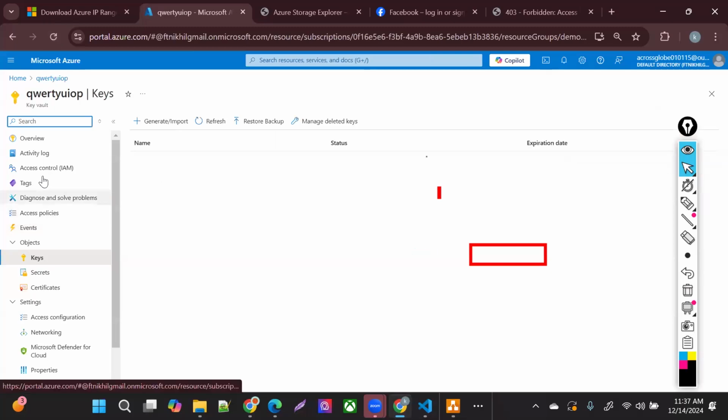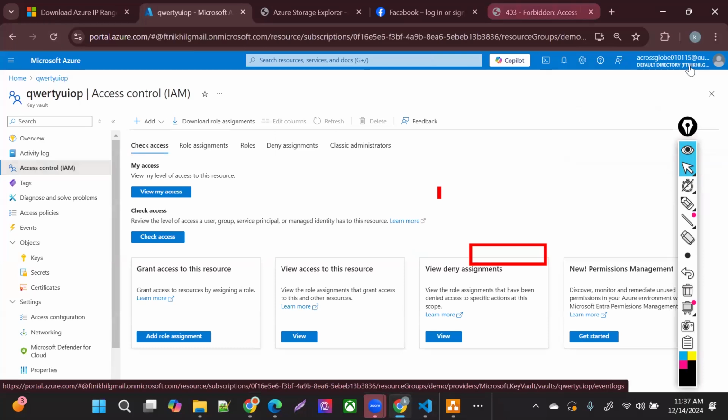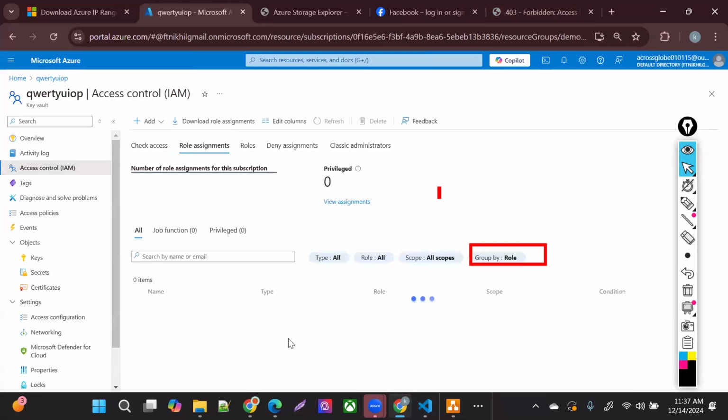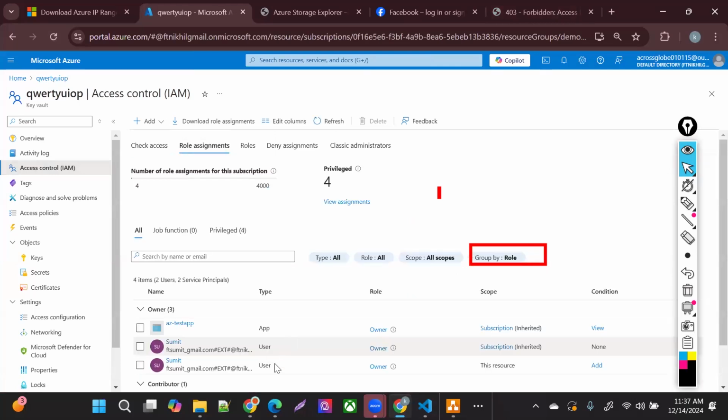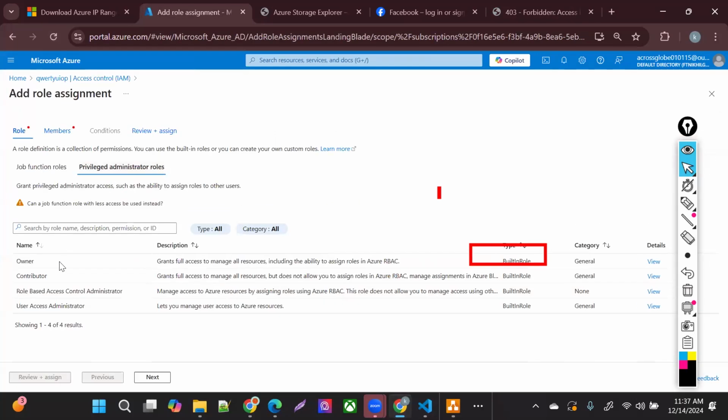Let's check if the role has been assigned to this one or not. And then view access to these resources. Let me add that role. I think I assigned it to a different user. Owner. Next.